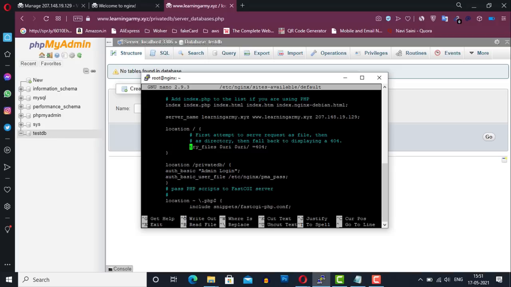This will ensure that our WordPress permalinks work properly. The permalink is the full URL of a specific post, page, or another piece of content on your website. So all you need to do is just replace this =404 with this text.